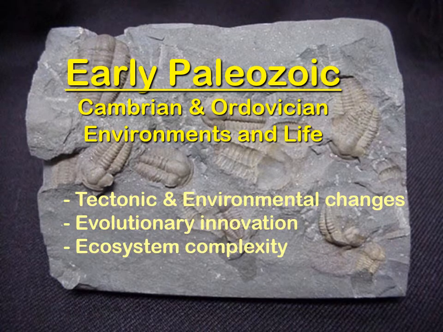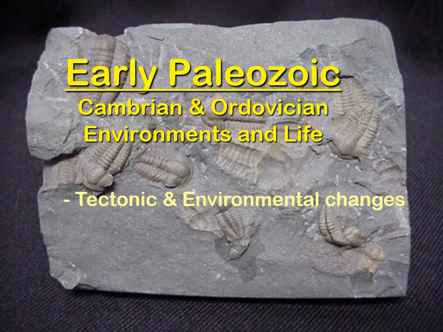And that brings us into the actual Paleozoic era. So let's start looking at the Paleozoic, specifically at the Cambrian and the Ordovician periods of the Paleozoic era, and focus on the environments and the type of living things we have. We've talked a little bit about some of the early Cambrian life, but I want to look at more what makes up this early Paleozoic fauna. Also with that, we want to look at what kind of tectonic and evolutionary changes are happening in the early Paleozoic, what kind of evolutionary innovations we're seeing with some of these organisms, and the continued complexity of ecosystems that we first see the origins of in the Cambrian.